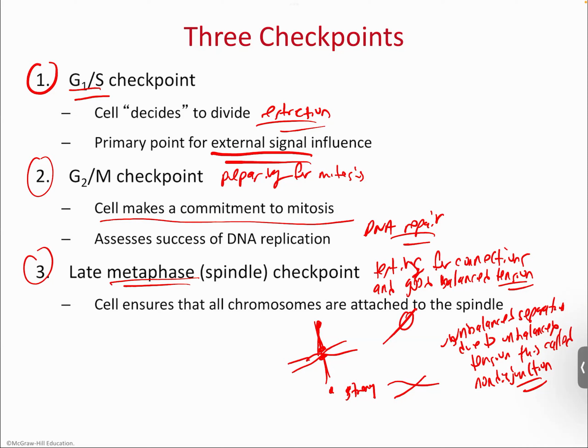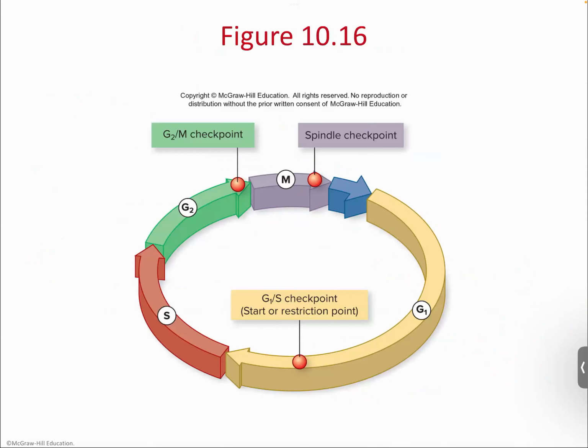So this is going to be an example of like, if you do this unbalanced separation where everything goes to one side, nothing goes to the other, sorry, you're stuck with it. You're living with it, right? Because that's a point of no return. You can't undo what you just did. You can't unseparate the separation. There's no mechanism for that. It's kind of like you can't untoast the toast. Once it's toasted, you've got toast. The only thing you can do is throw the toast away and start over, right? So